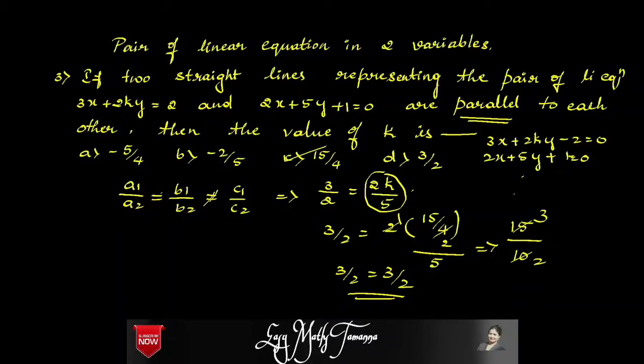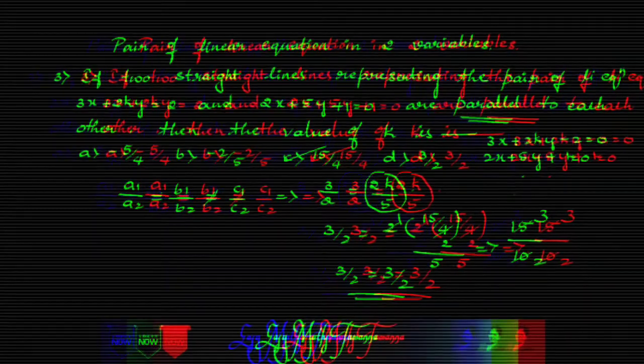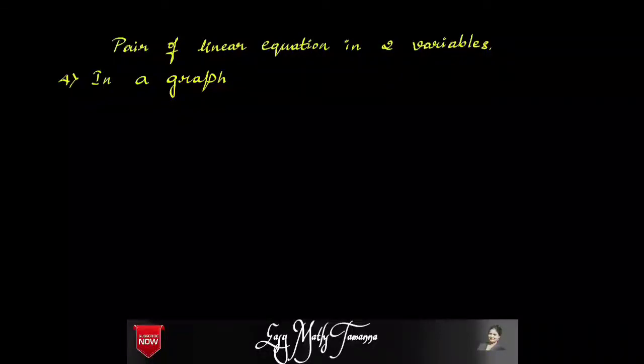The fourth question is this type: in a graph representing the pair of linear equations, shortcut way,